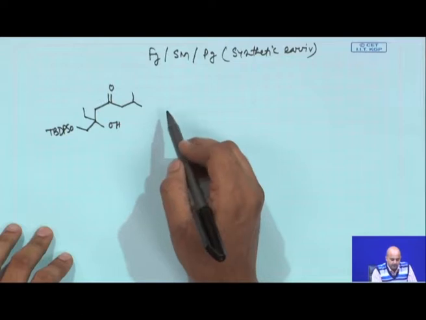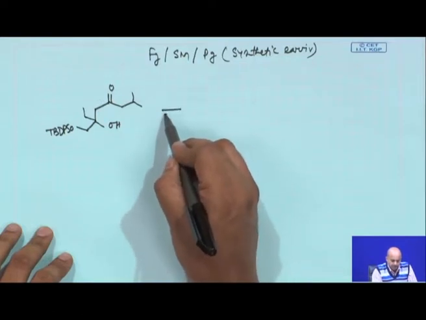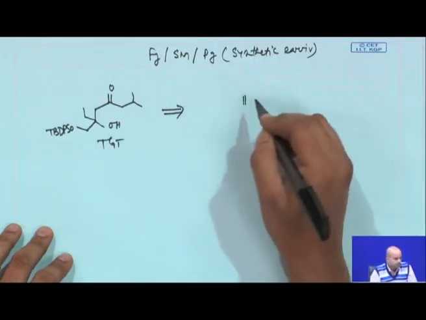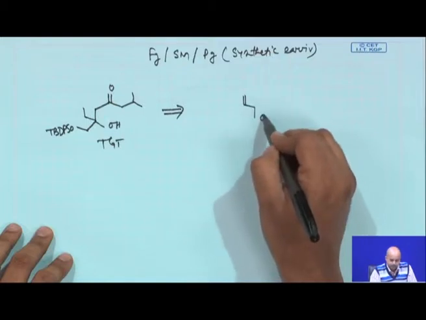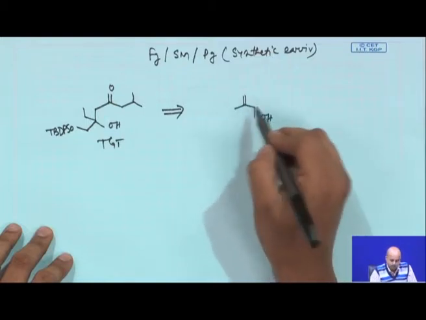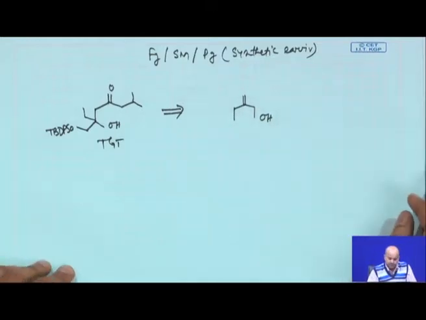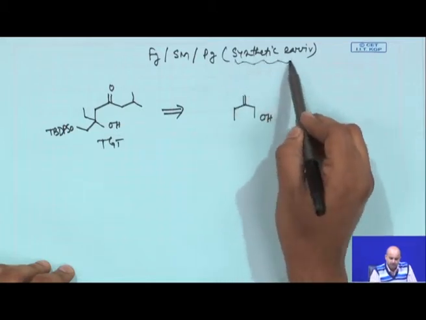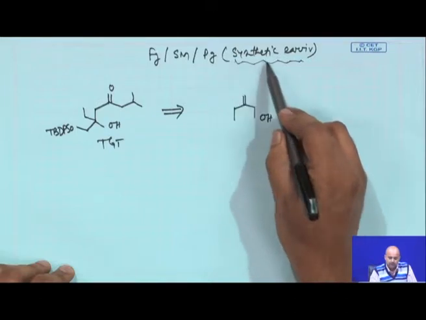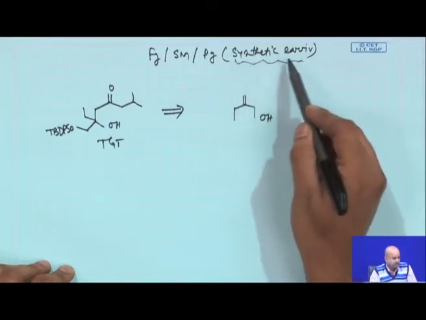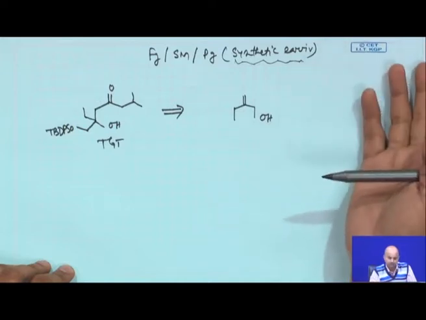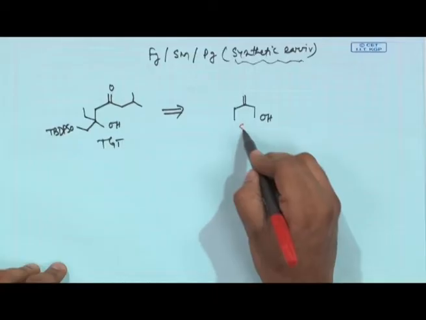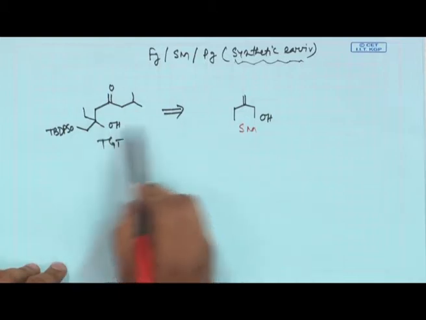Structure looks a little bit complicated, but that is why we have given the starting material to you. The starting material which I am giving to you is this compound, and we said you have to use this synthetic equivalent. So, this part you have to basically devise: what synthetic equivalent will we be using to access this? Now, try to correlate this starting material with this target.